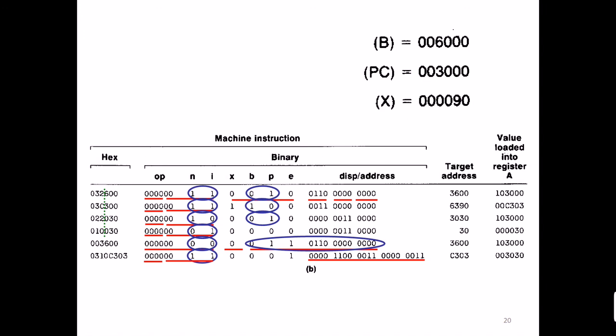The opcode is all 0, which means it is using LDA, where data transfer happens from memory to the accumulator. So the opcode value is all 00. The example we should take is LDA here. The opcode value is LDA, so all the values are 0 here. Now you can see some